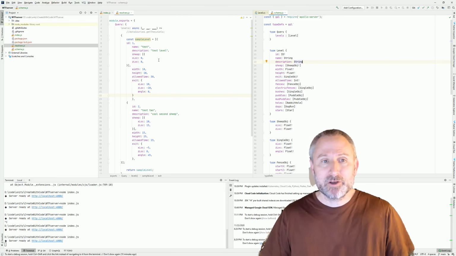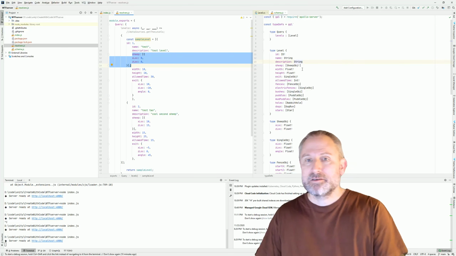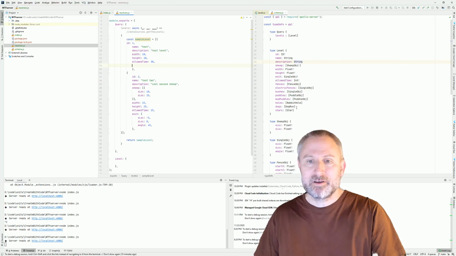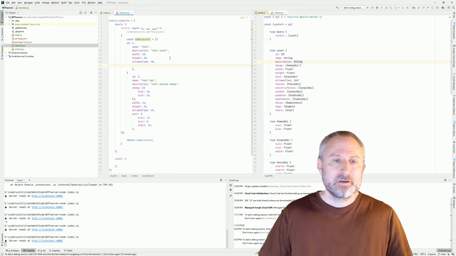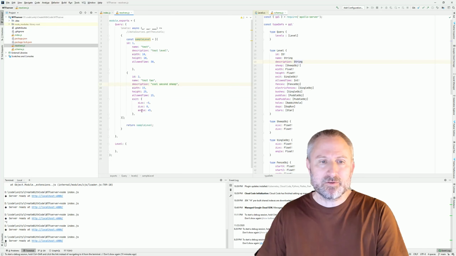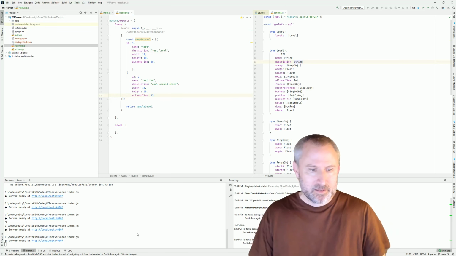So in our query here, we may return, let's take out all the simple objects from this. So we're going to take out the exit and just have in our key things the ID, name, description, width and height, and allowed time. And we'll do this to both of them. Okay, so now, if I go and run this,